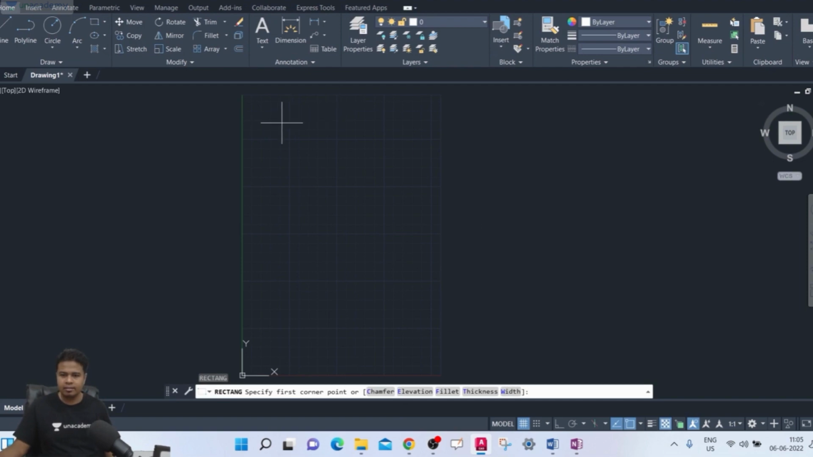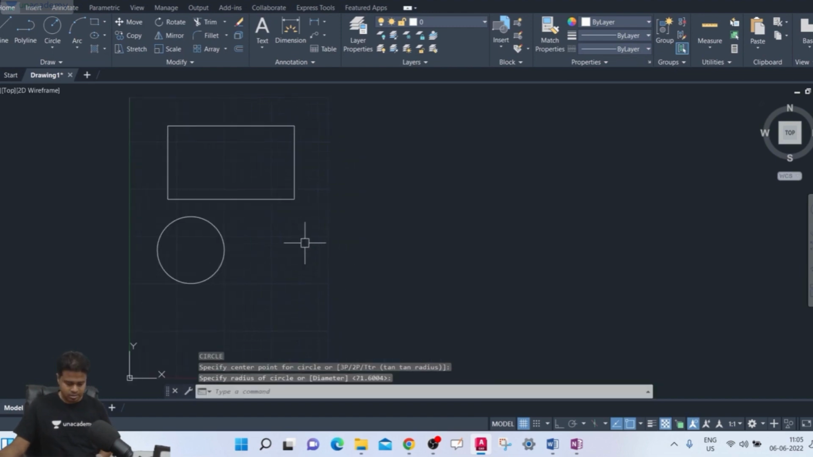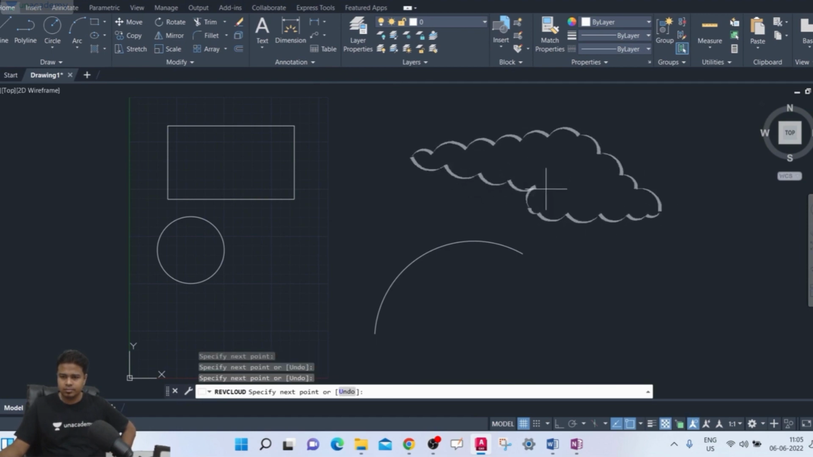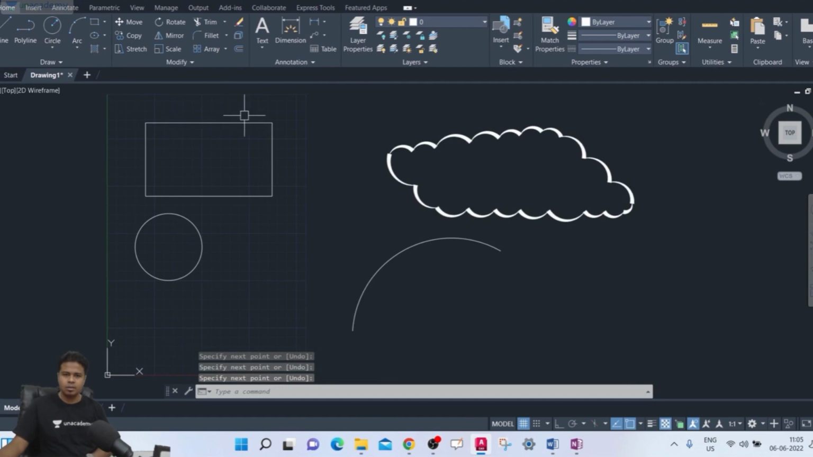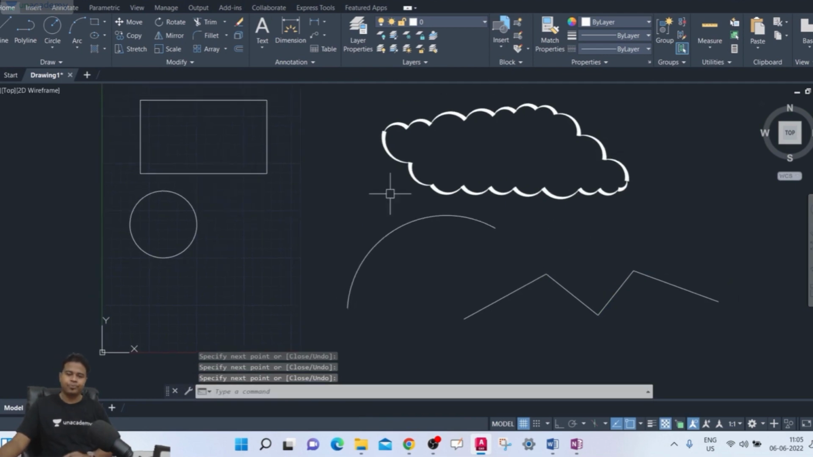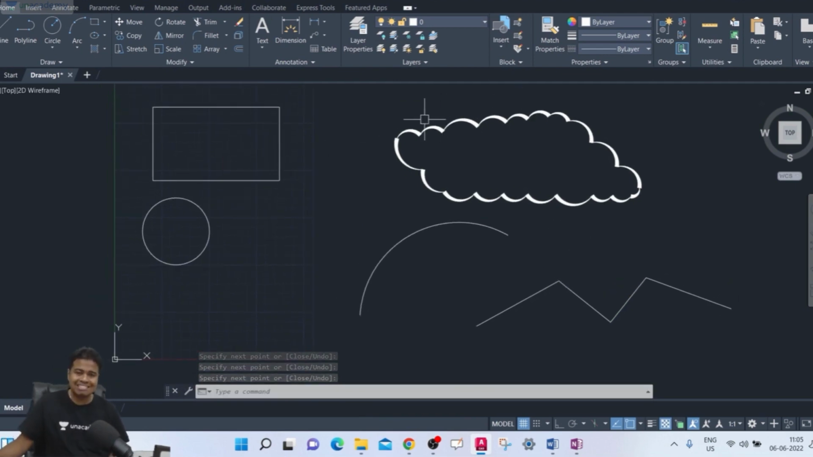Draw a rectangle. Draw a circle. Draw an arc from here. Draw a revision cloud. Draw a line. Now, you can use the stretch on these particular shapes only. Suppose you want to increase the length, or you want to move the